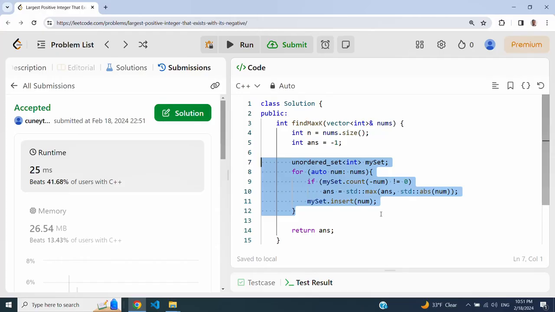So again, we are seeing this pattern of 3 solutions: the brute force n square solution, a solution that's based on sorting, that's n log n, and a solution that's based on a lookup table or a hash set, which is what we're using in this case, that runs in order n but uses order n extra space.